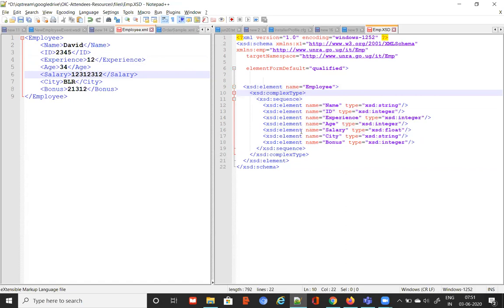This is actually not complex. We'll be talking about somewhat more complex XSDs. So here we are saying element, employee. Here I don't have any complex type. In this case, I'm directly having a type attribute. Wherever an element carries the data directly, like a leaf node, it is not a complex type and does not have child elements. In that case, you have a type and use primitive types directly. Wherever an element is comprised of other sub elements, then you have a complex type with a sequence of other elements.